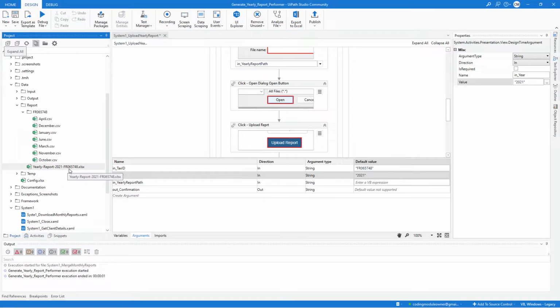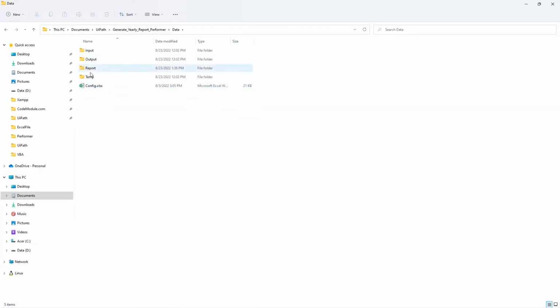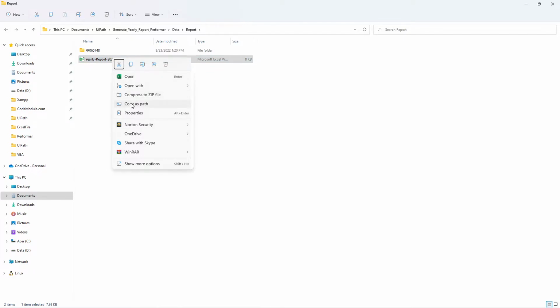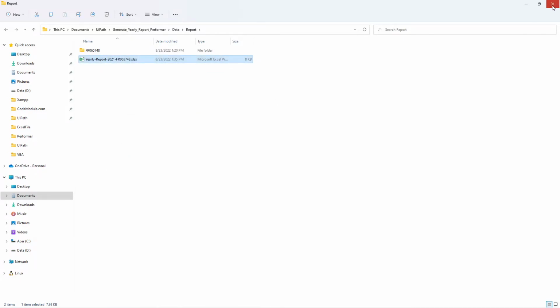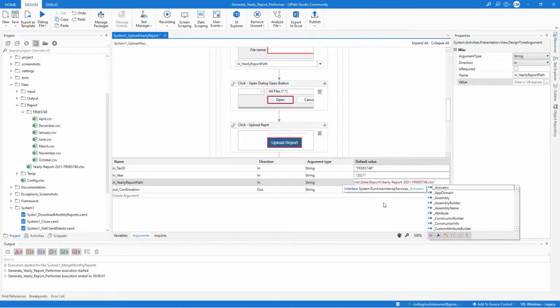So for the meantime, I will just use the file explorer, go to that file, report, and here, ship, and right click, and then click the copy as path. So that will give us the absolute path of that file, and just assign that to our yearly report path argument. Alright,